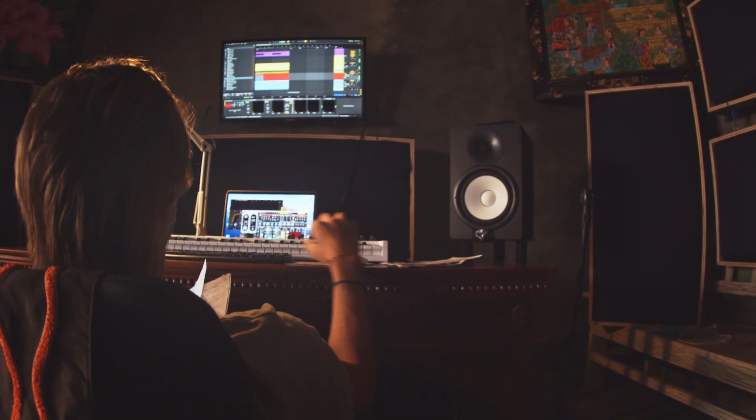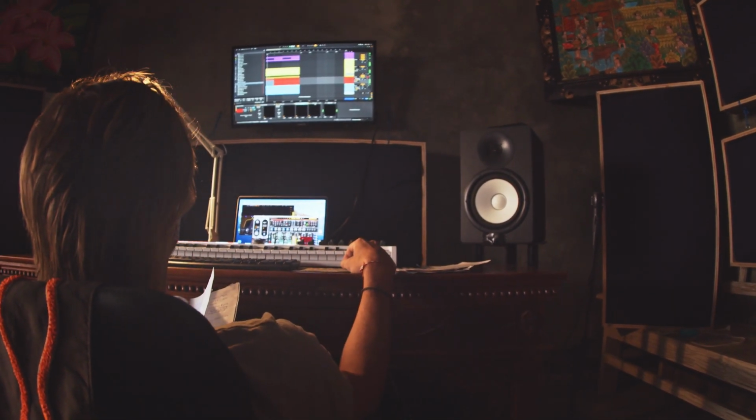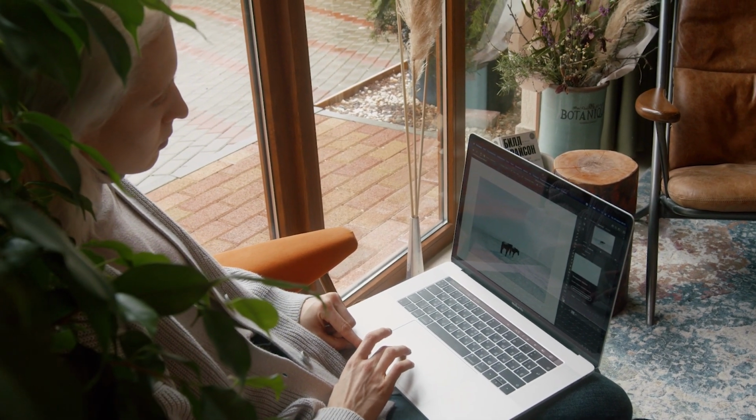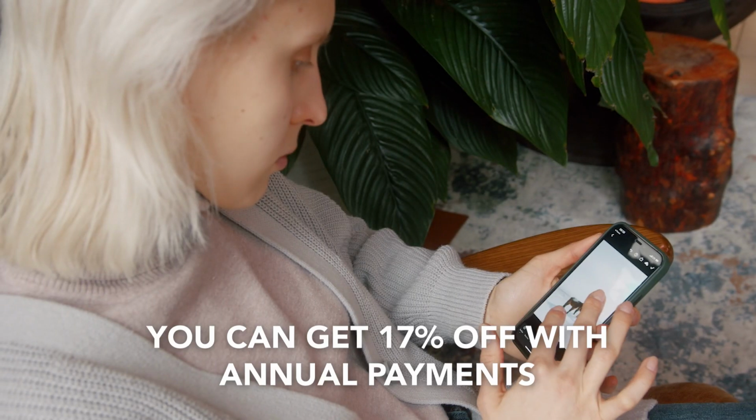As for Pictory, the pricing tiers are comparable more or less. They don't have a free plan, which tells me that they're not looking to cater to newbie content creators. But you can still try out their paid plans with a free trial. These plans start with a starter package, which is $25 a month or $19 a month if you pay annually. There are also professionals and team plans, which cost $49 and $119 a month respectively, and you can get 17%